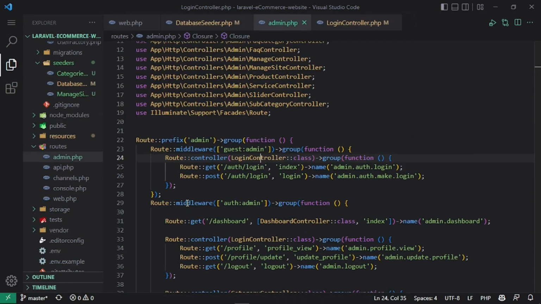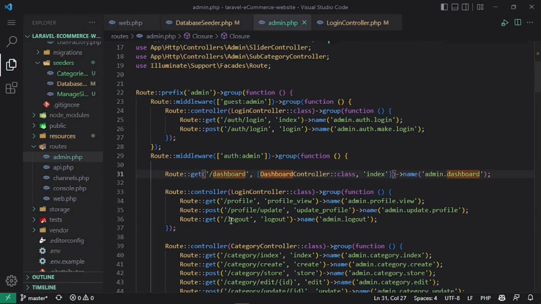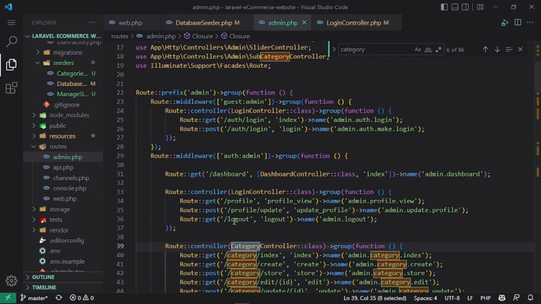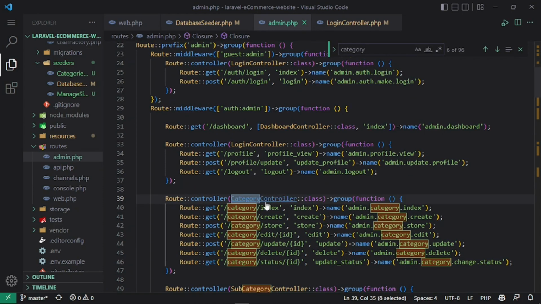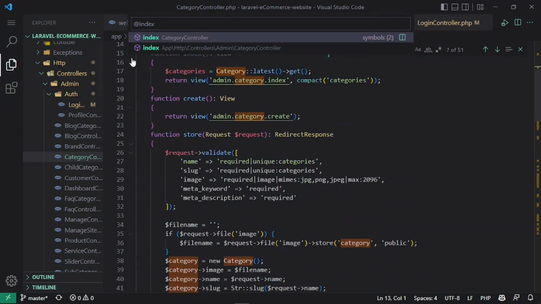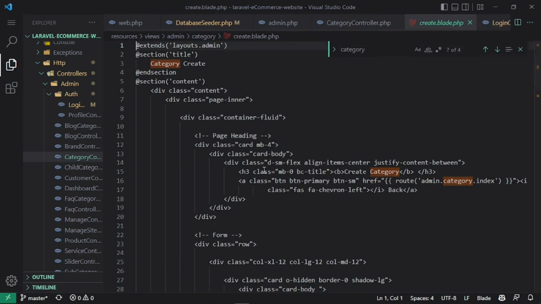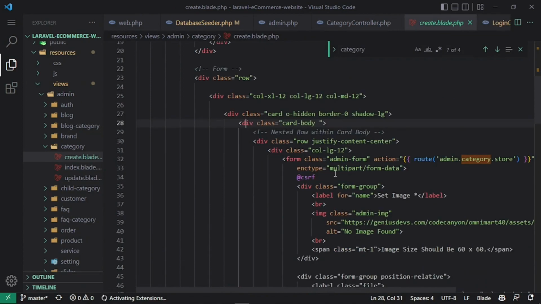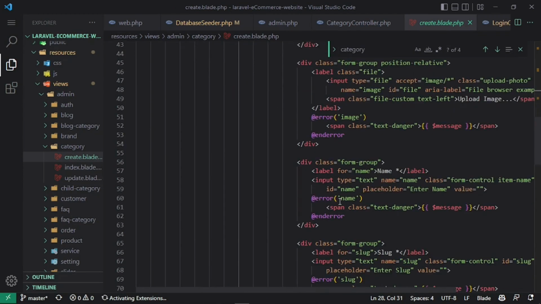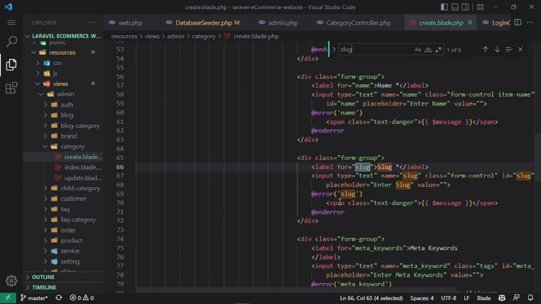This is how we're gonna find the routes, and category, we have create category here. So this is the index, create, and I'm gonna search for slug. I'm gonna remove the slug